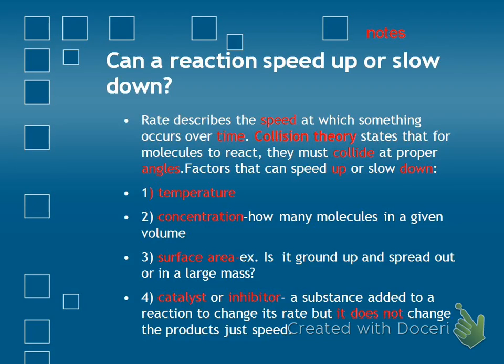Food, often any products you buy that are packaged, has an inhibitor added to it to slow it down. An inhibitor does the opposite of a catalyst. It's a third substance that's added to the reaction. It doesn't get changed like the molecules do when the chemical reaction takes place, but it will slow down